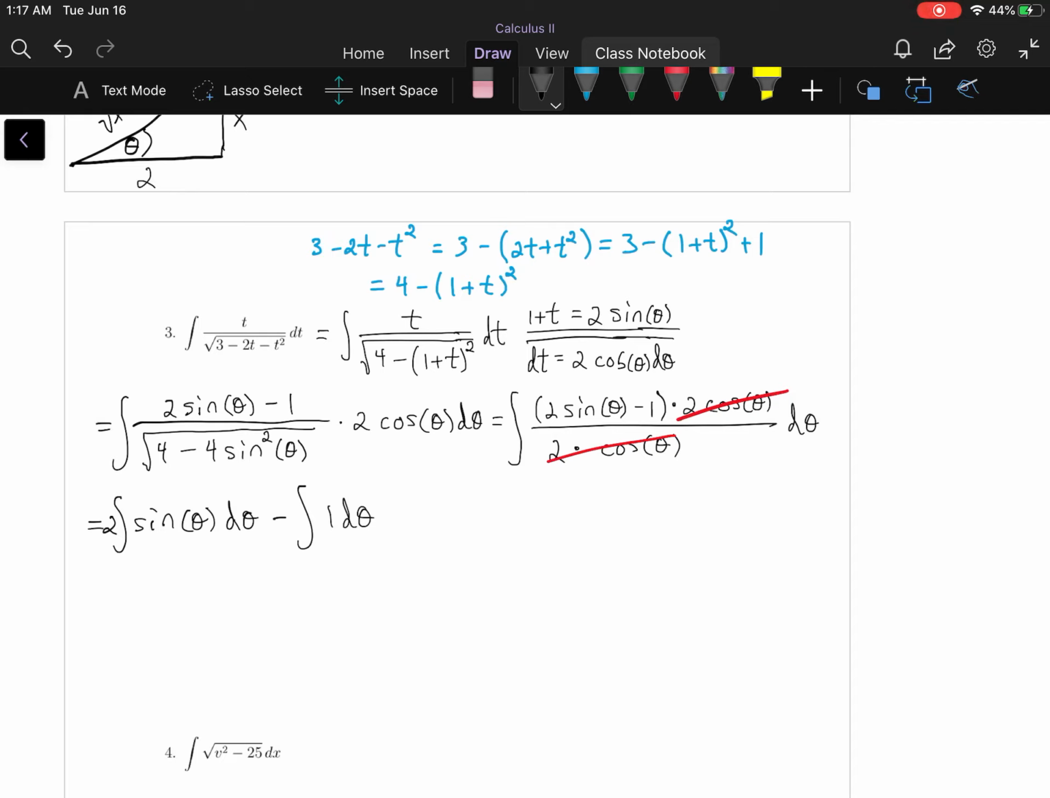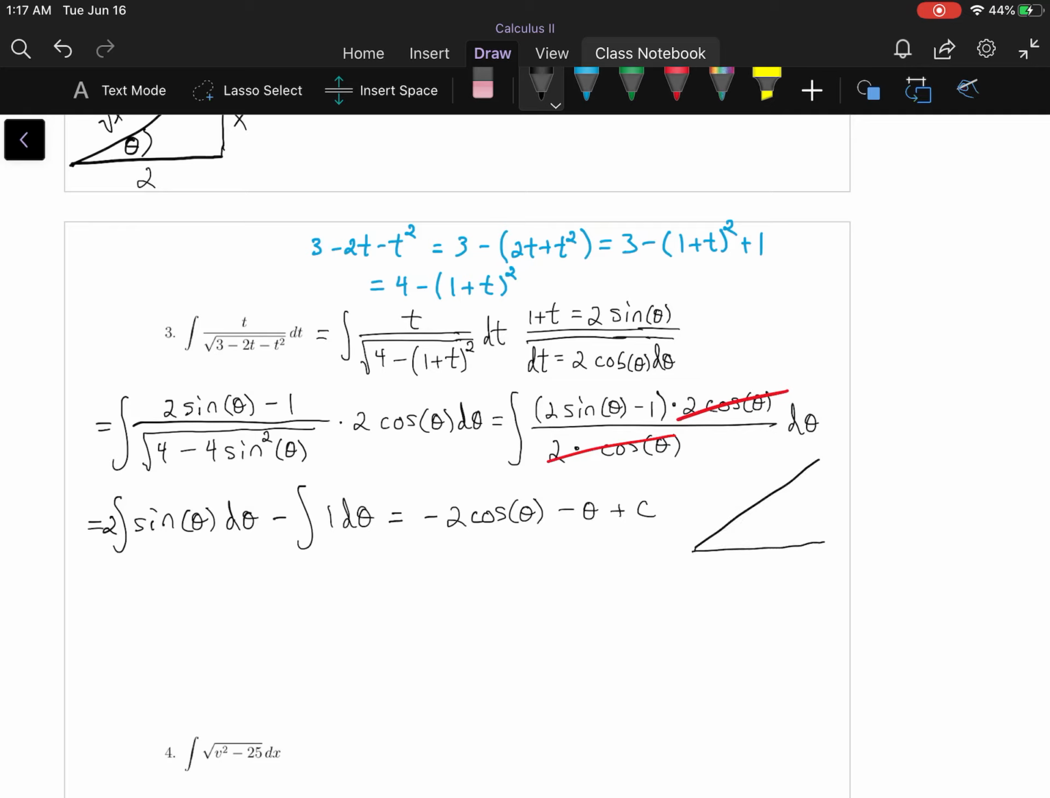So now we want to integrate this, and we've got the integral of sine of theta is negative cosine, so we have negative 2 cosine of theta minus the integral of 1 d theta is theta plus c. And again, we need to somehow convert these into functions of t in this case for this problem. So sine of theta is 1 plus t over 2,